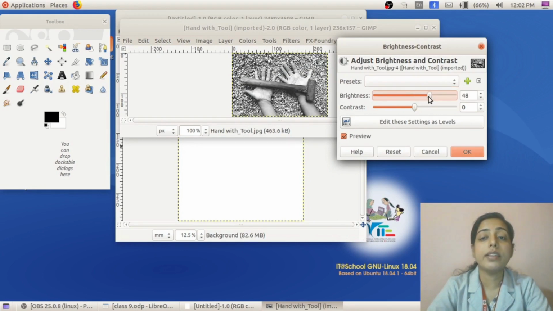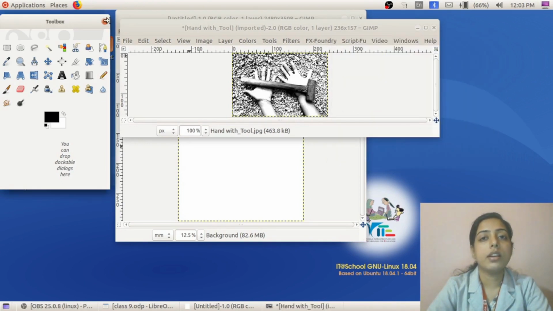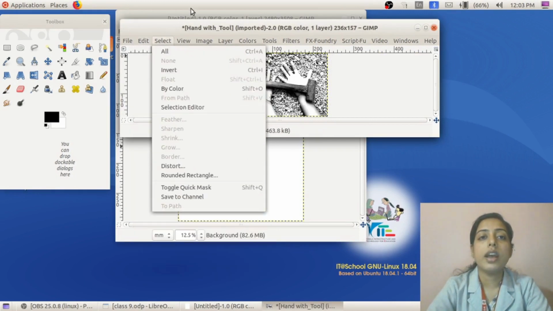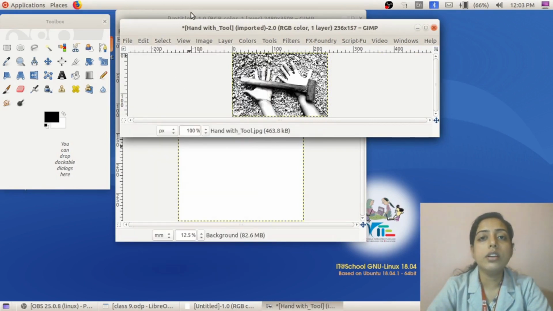Thus you can find the difference. Did you see the difference? Like this you can increase the brightness, and by moving this slider we can increase or decrease the contrast. Click on OK. Then you can edit, copy this image, and you can edit, paste it to your canvas.